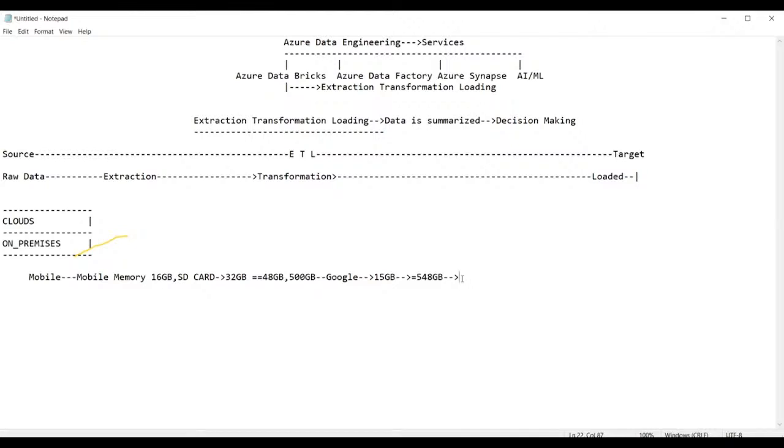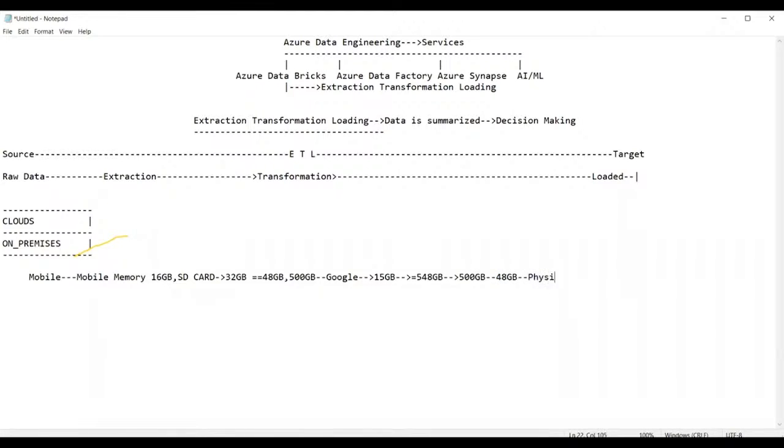Now, once you bought a new mobile phone, guys, please tell me, can you recollect this 48 GB? Can you recollect this 500 GB memory or not? 500 GB is possible. 48 GB is not possible. Yes, exactly. Very good. So we can say that you can recollect the 500 GB by just using the synchronize option. You can log in with your mail ID, enter the password, and in the same way, recollect it. But what about the 48 GB? The 48 GB memory is lost with the mobile phone because this memory is called physical memory.